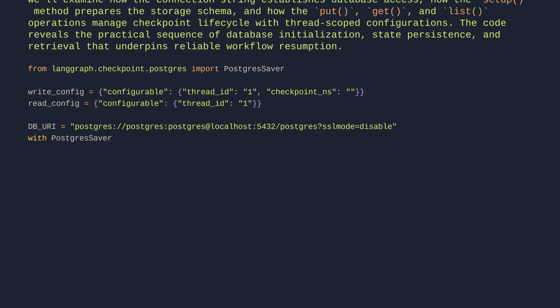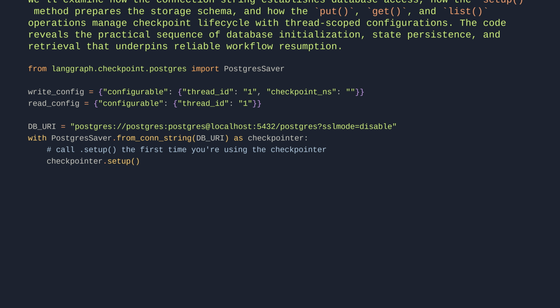with PostgresSaver.from_conn_string(DB_URI) as checkpointer: # call .setup() the first time you're using the checkpointer. checkpointer.setup(). checkpoint = {"v": 4, "ts":